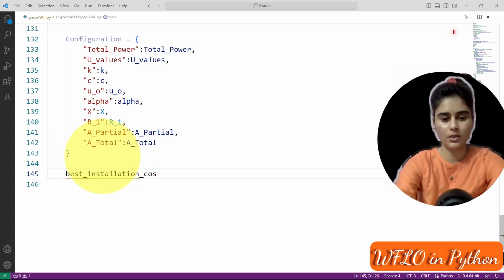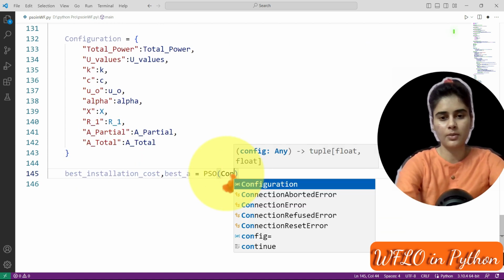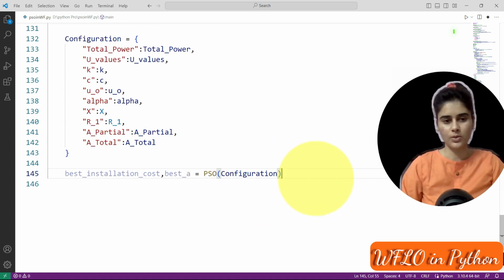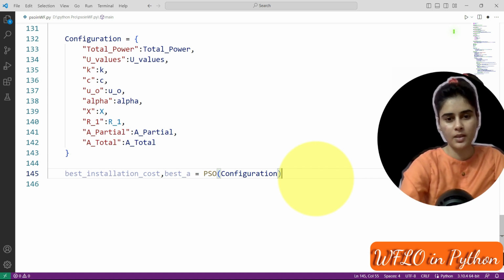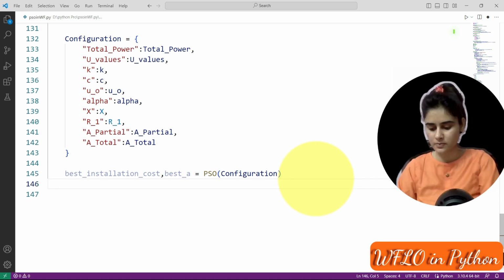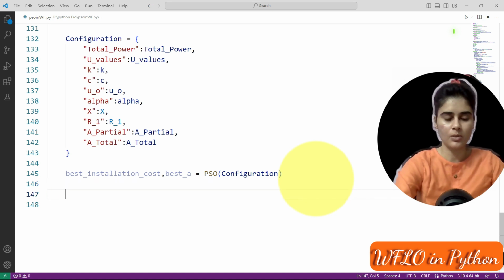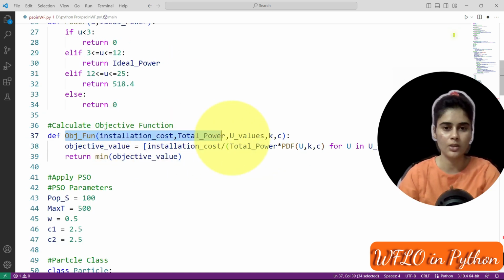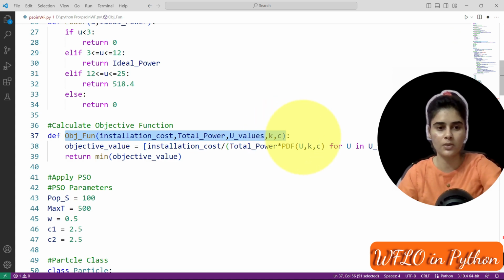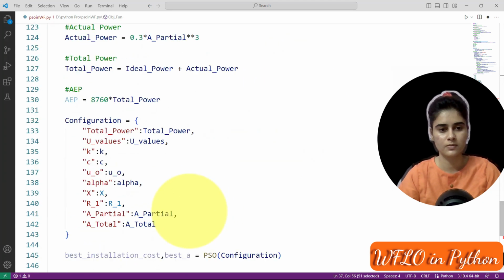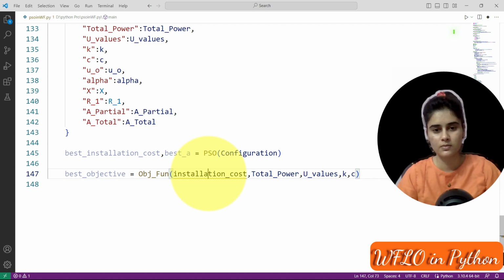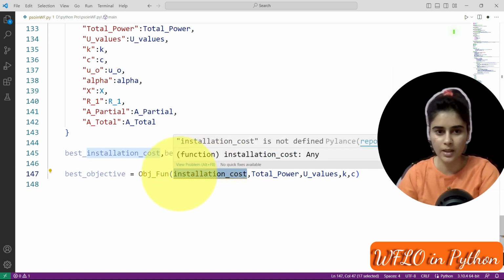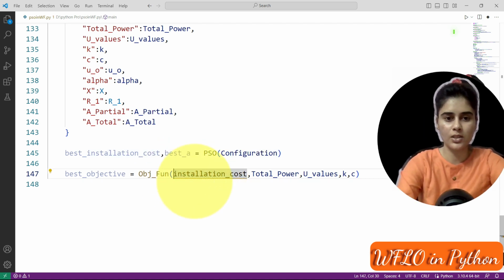Installation cost, and here we have configuration. Use all the values from here. Done. Then for the best objective value, we call the function here. Installation cost, here we have the best installation cost.